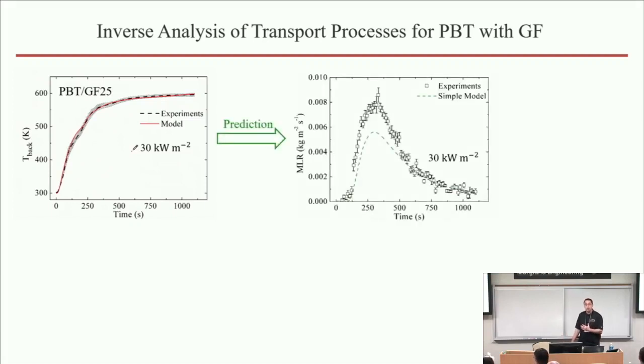We actually underestimate that mass loss rate quite a bit with the model. This is your green curve. And the question is why? That type of result seemed discouraging at first, but it actually helps us understand how this material behaves. In this particular case, we went to the literature and noted that many people noted that when you fill those types of materials, the materials that melt, with glass,